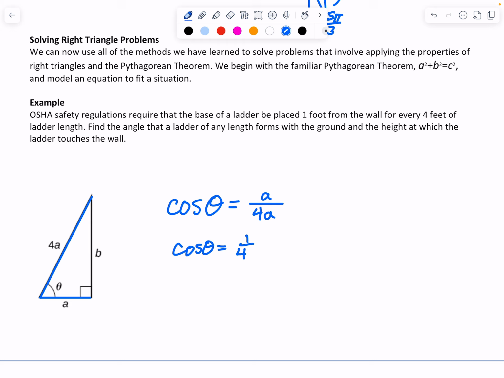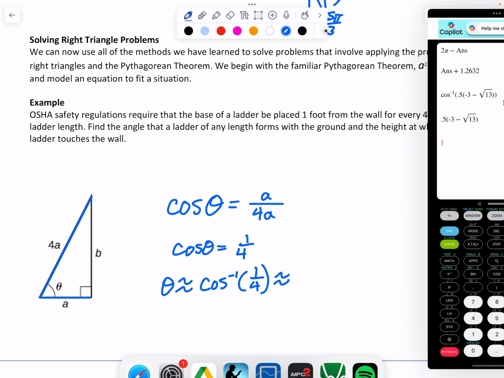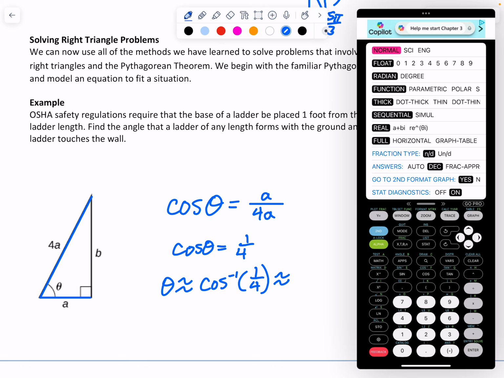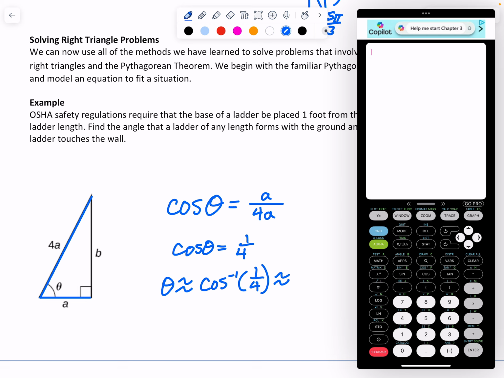Right, and then 1/4 is not on our unit circle. So I'm going to do an inverse cosine to figure that out. Inverse cosine of 1 over 4. And that's going to also be approximate because I'm going to round it. So inverse, and then probably dealing with OSHA, we're probably going to be dealing with degrees. So I'm going to go over to degrees and now do my inverse cosine of 1 divided by 4, we could have done 0.25, and I get that angle is going to be 75.5